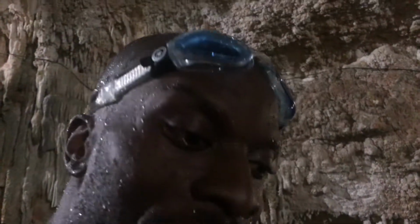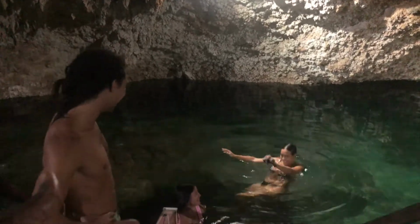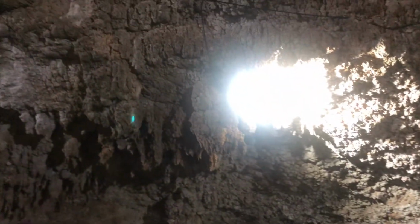Let's go check and see if our friends have entered the water yet. You did not enter the water. Finally, okay. I was like, we drove an hour and a half. Just you can stand